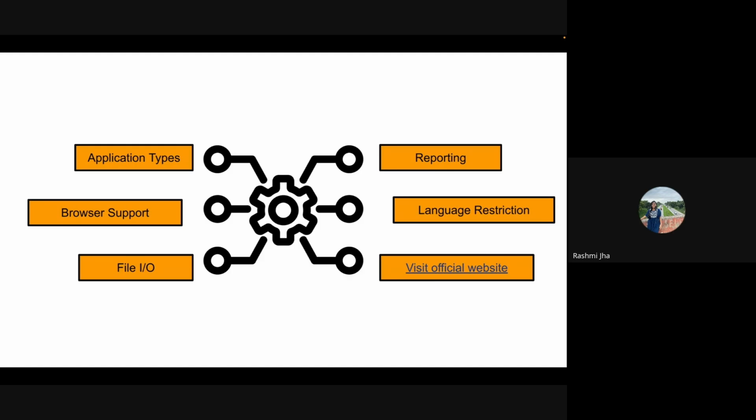Now file input output. It can be challenging to read or write data directly to files due to browser security restrictions. Since Cypress runs in the browser and the browser has limited access to the local storage files, it requires a Node.js bridge, which will create a separate process to read and write from local storage. And if those actions are not performed in the right way, then there is a chance of unexpected error or data loss. Coming to reporting, third-party reporting tool integration is also limited in Cypress.